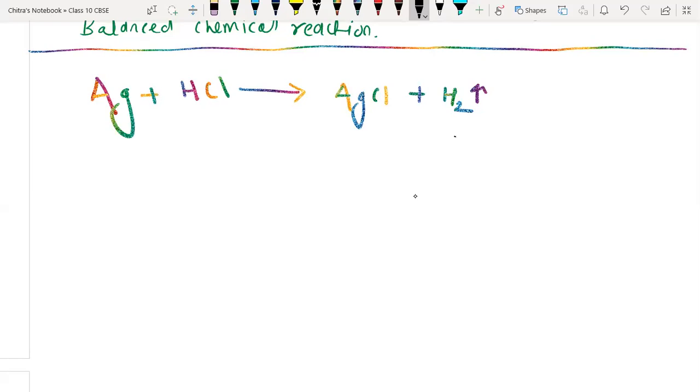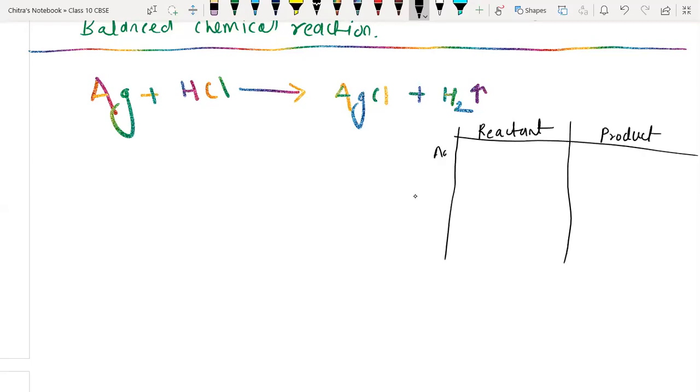Again we have to make two parts of the table, one for the reactant side and one for the product side. Now Ag, we have on the reactant side only one. The second reactant does not have any, so the total number of silver is 1. On the product side again we have one in the first product, the second product does not have any, so the total number of silver is balanced. Silver is balanced now. Next, hydrogen. Hydrogen we have one, not here.